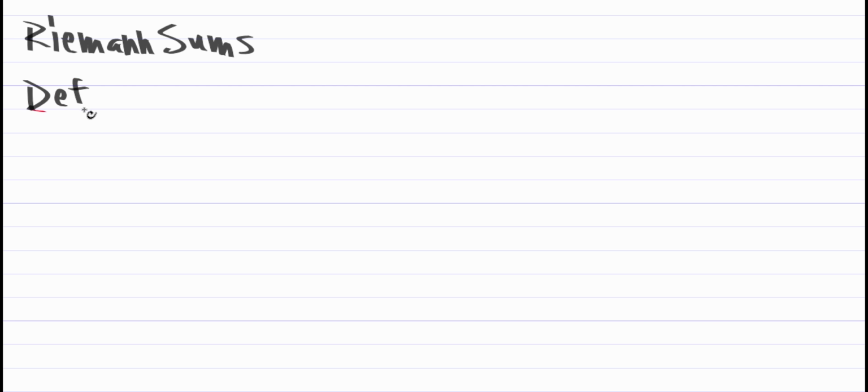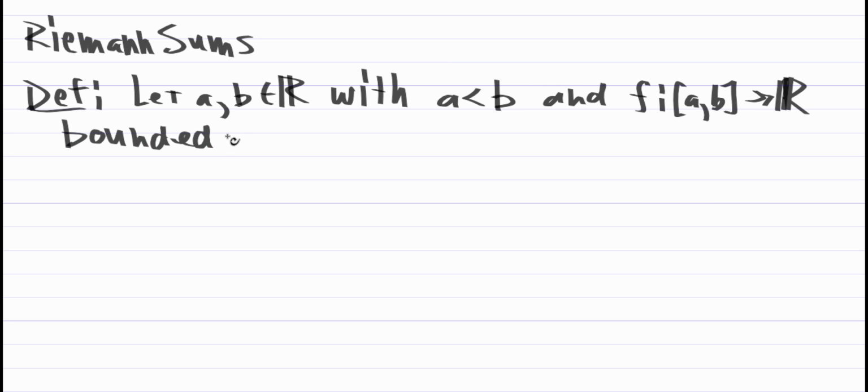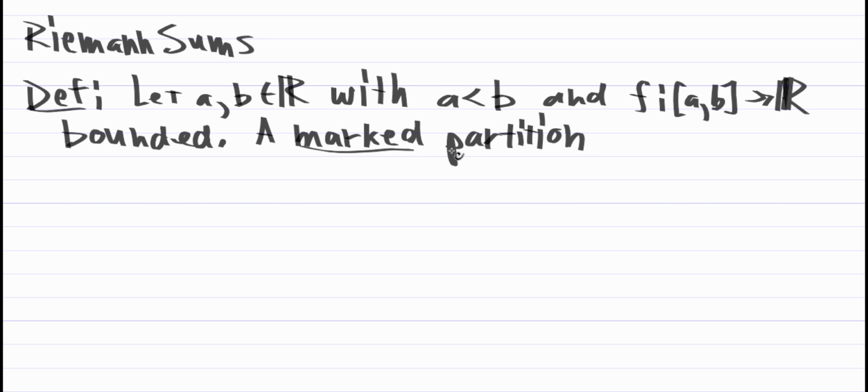But now we have to expand upon our definition of what we mean by a partition. So let a and b be real numbers with a strictly less than b, and f on the interval [a, b] into R bounded. A marked partition of [a, b], and we'll call it P star,